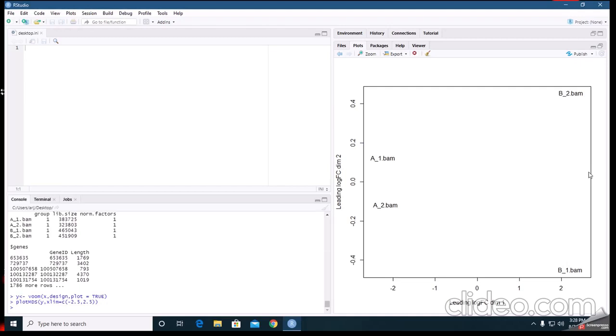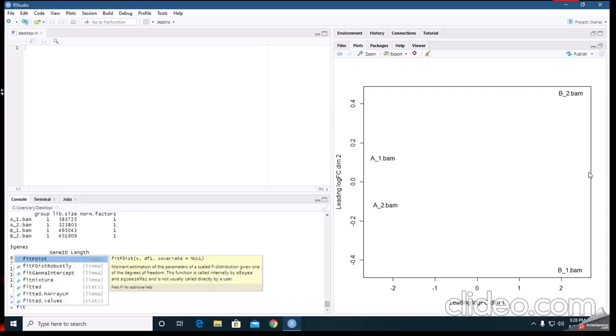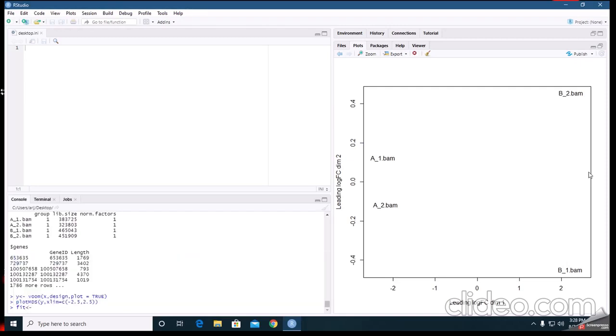Now we are using fit as our variable, and we use the eBayes, empirical Bayes method to estimate our model.